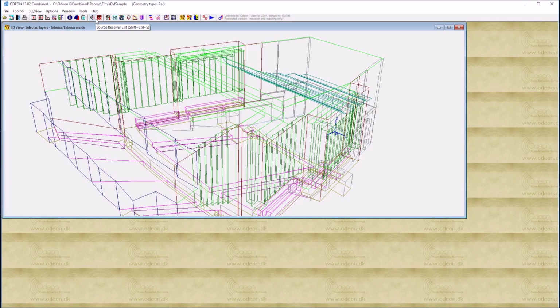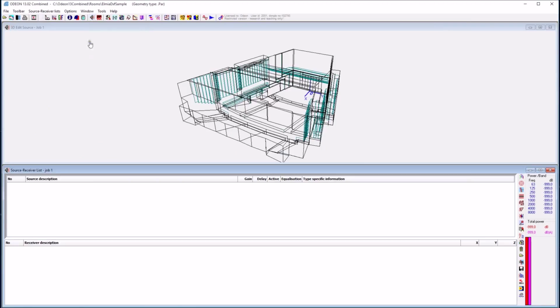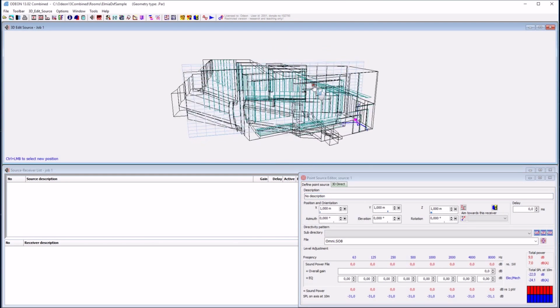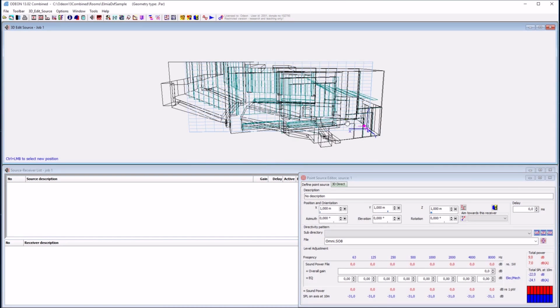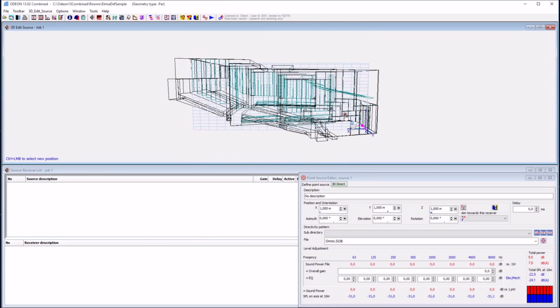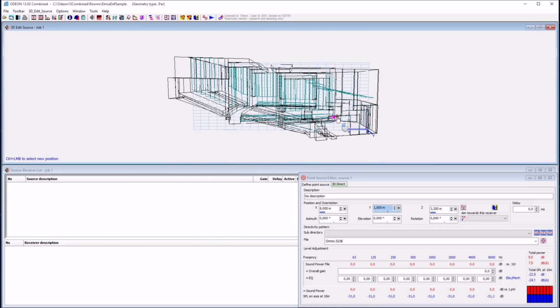And then we should assign, first of all, some sources, some receivers. We should define materials as well. So let's go on. I go into the source receiver list, and here I can define point sources and also other types of sources, as well as receivers. So I opened the point source editor, and I can select my source position either by typing the specific coordinates or by using this grid up here to assist me in putting my source at a meaningful location.